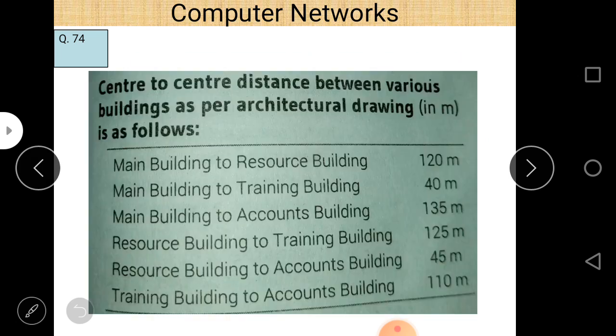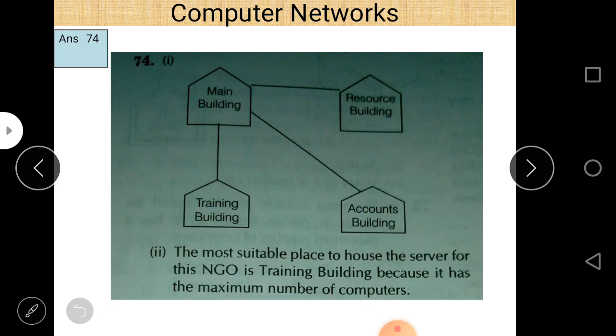distance between, the cable layout connection, we can easily see that this is the cable layout connection, and you can see that these buildings are not directly connected to each other, they are removed in your answer. So why are they removed? First of all, just draw all the buildings and write the distances between them.